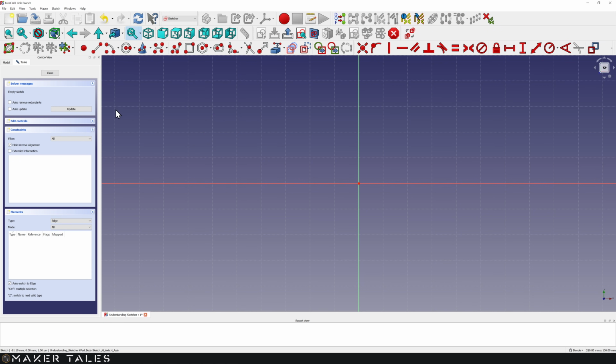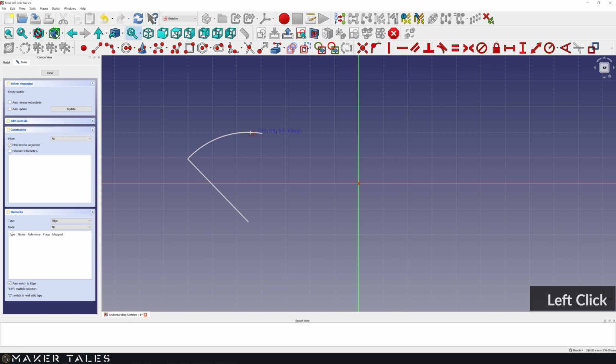Next up, we have a couple of different ways of creating arcs and circles. This first one is a center and endpoint arc. So as it sounds, you click the center and then you click the 2 endpoints of the arc. Once again, that is the center and 2 endpoints. Very simple and intuitive. Next, we have endpoints and rim. Now that might be a little bit strange. What on earth is a rim point? So you left click.